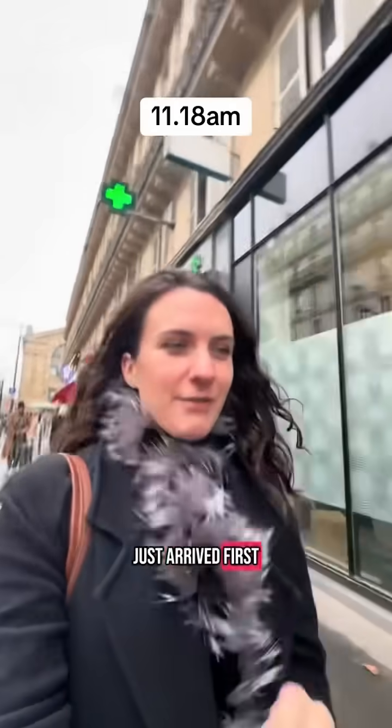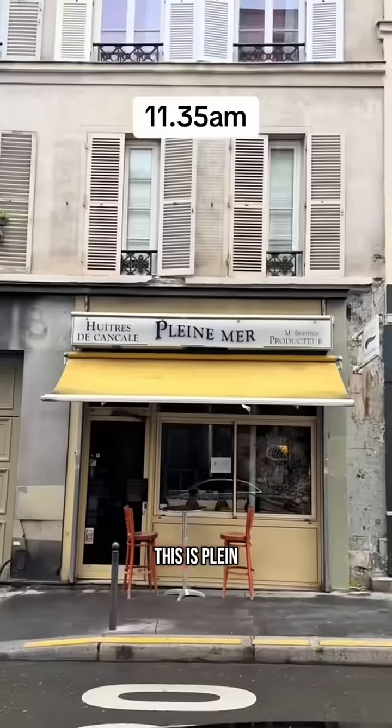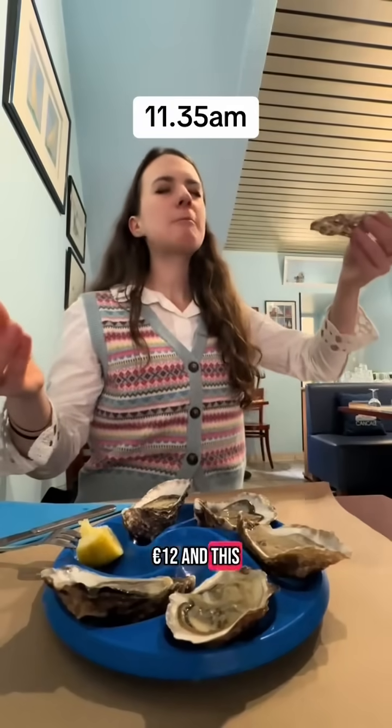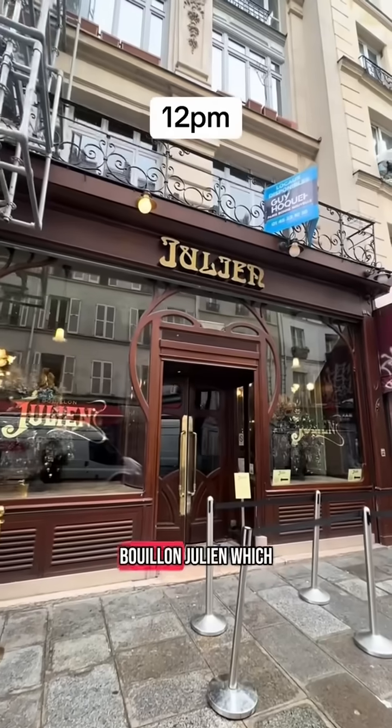Just arrived. First stop, we're gonna get some oysters. This is Plein Mer, and it's about a 12-minute walk from the station. 6 oysters cost €12, and this is just an amuse-bouche for lunch, which was at Bouillon Julien, which was only